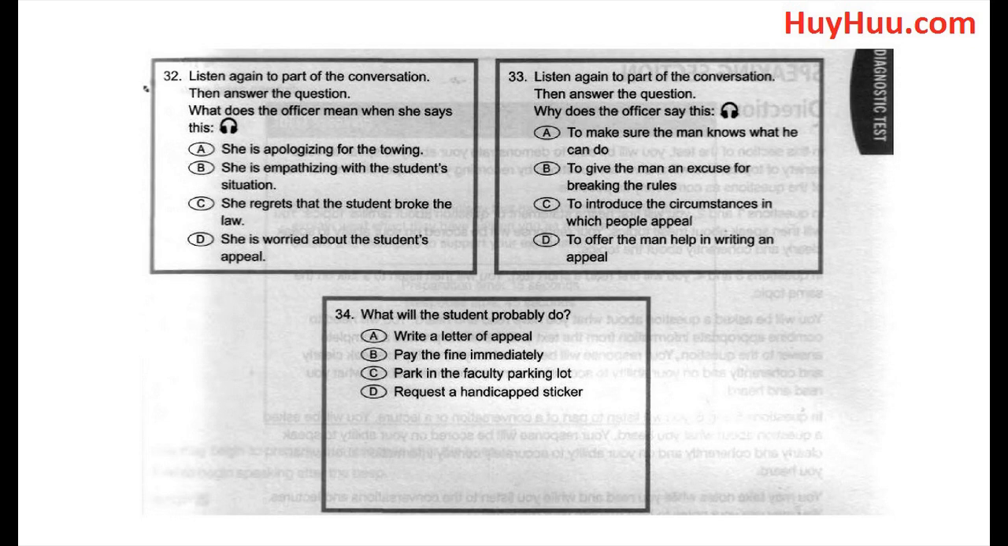32. Listen again to part of the conversation. Then answer the question. Well, when a vehicle has to be towed, the owner must pay for the towing and storage fees before the car can be taken. And I'm sorry to say, there's also a parking fine. What does the officer mean when she says this? And I'm sorry to say,